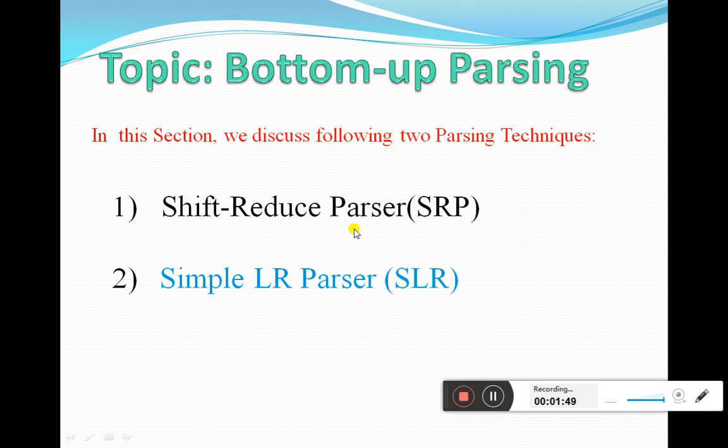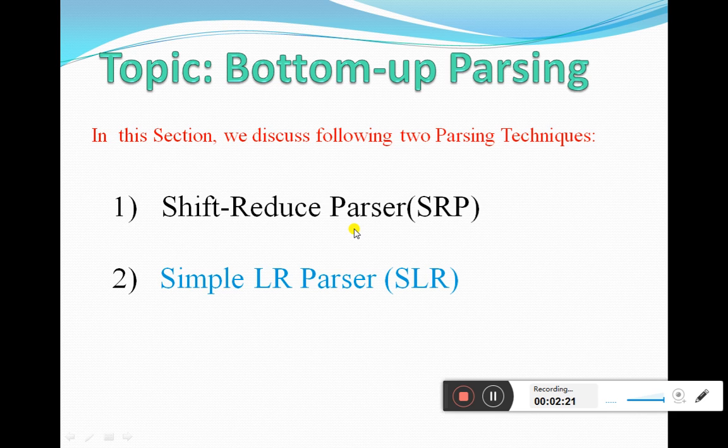We start from start symbol and end up with some kind of sentence, that is input string. So once you concatenate all the leaves in the parse tree, you get a string being derived. And as you know, top-down parsers will make use of leftmost derivation, starting from start symbol to string to be derived.